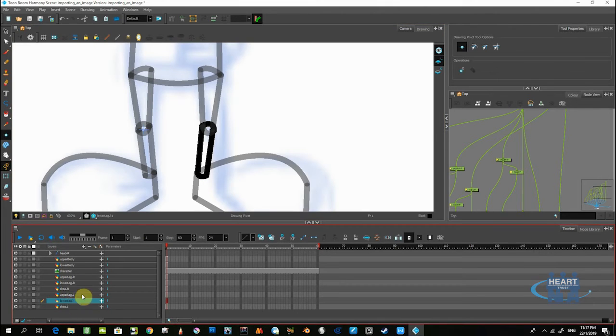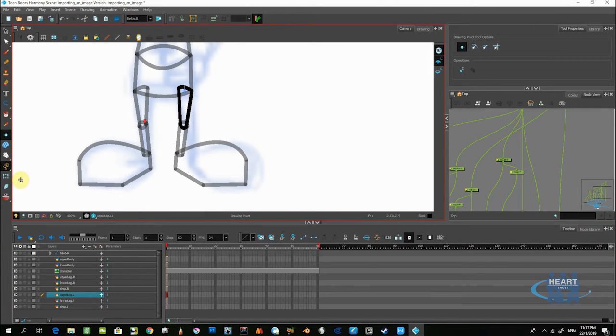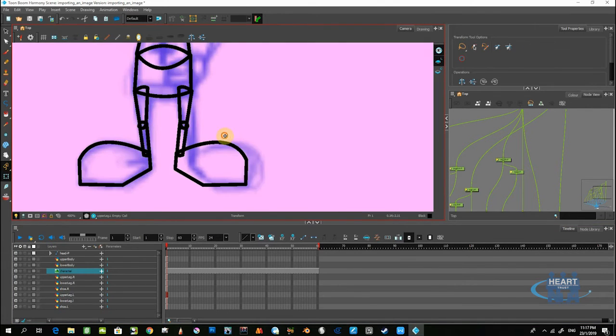And for the lower left leg, I'm going to place it right here. And of course, for the upper leg, I'm going to place it right here. So there we have